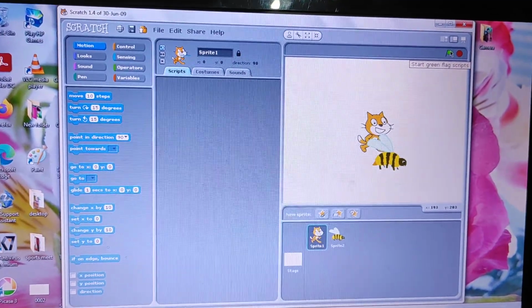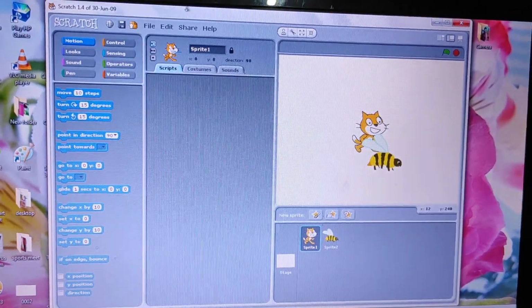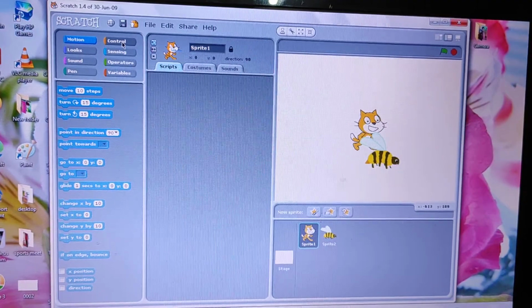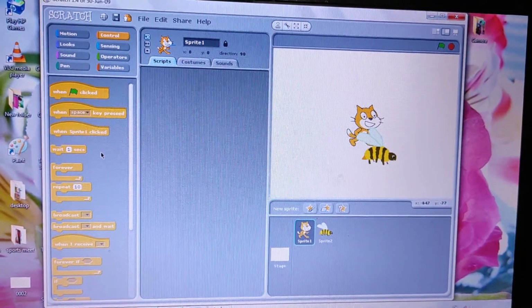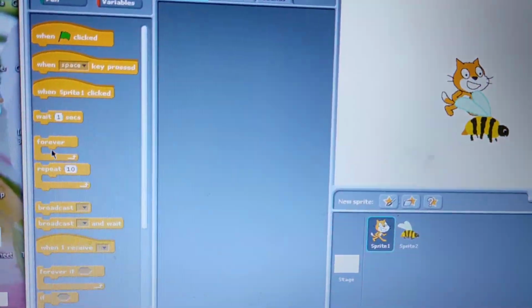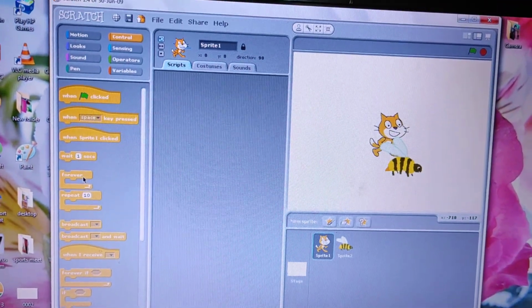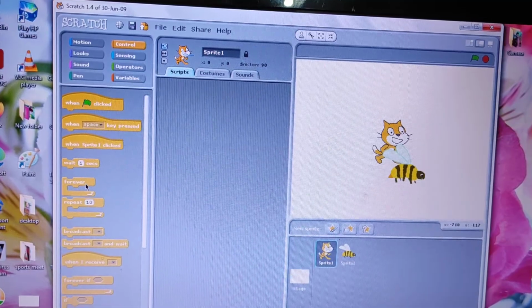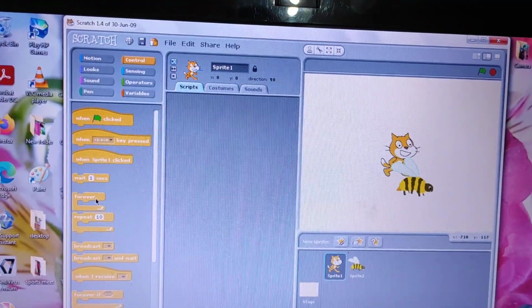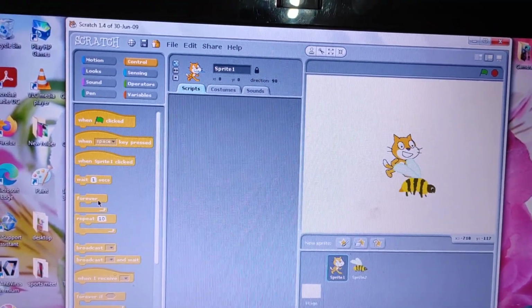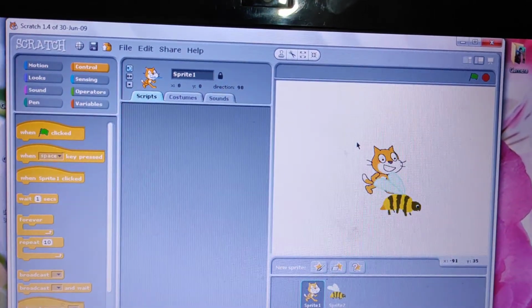Next is the forever block. When you click on the Control button, one option is the forever block, this one. What is the main purpose of the forever block? The forever block is a control block which runs the script continuously until the stop button is pressed. This is the stop button, the red button.